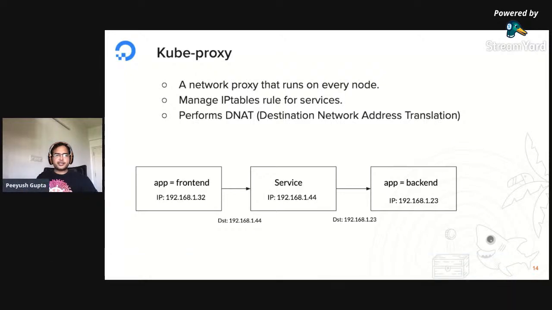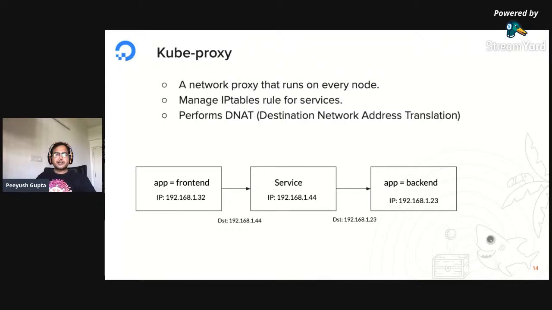So kube-proxy is the one who is going to do the magic behind services, right? kube-proxy is something that runs on every node, and what it does is basically manage IP table routes, right? As far as I have read about it, a lot of Kubernetes networking is just IP tables magic. You just keep changing rules from here to there, where the packet should come from, where it should go from, and kube-proxy does that for you.